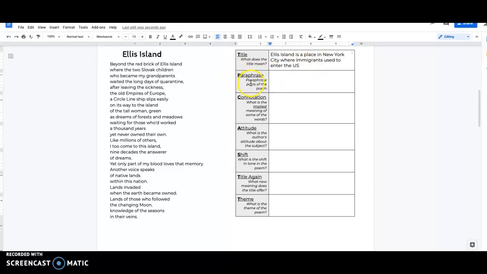Our second step is to paraphrase the poem, which paraphrasing means to take something and put it in your own words. So this poem has a lot of things going on. Basically, the first part is explaining that half of this man's, our speaker's,